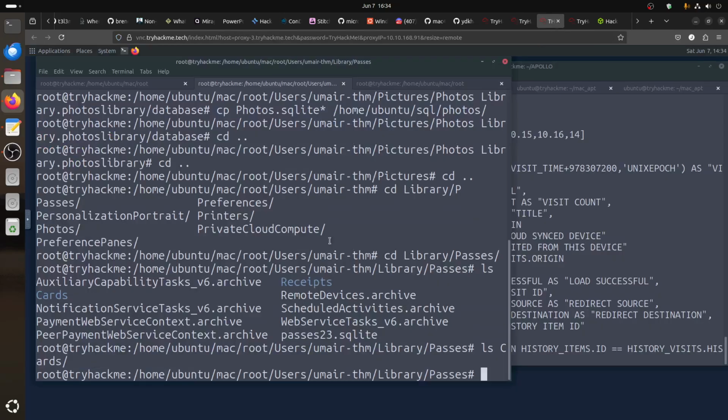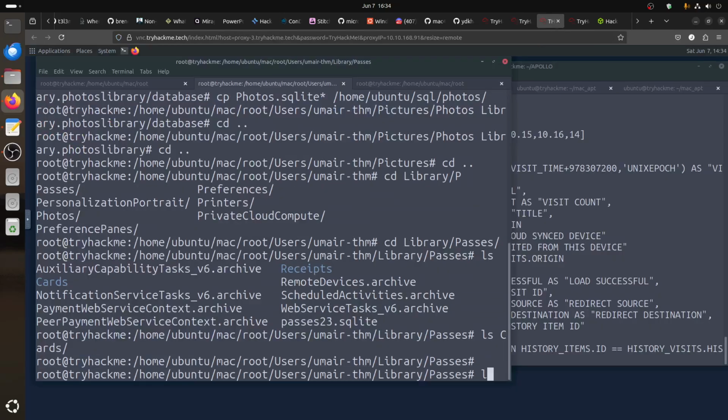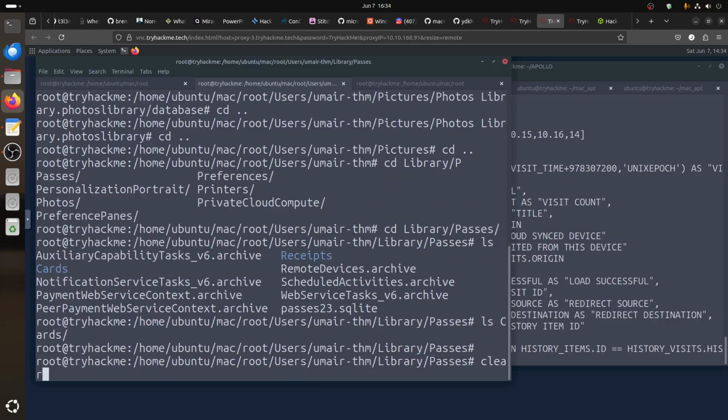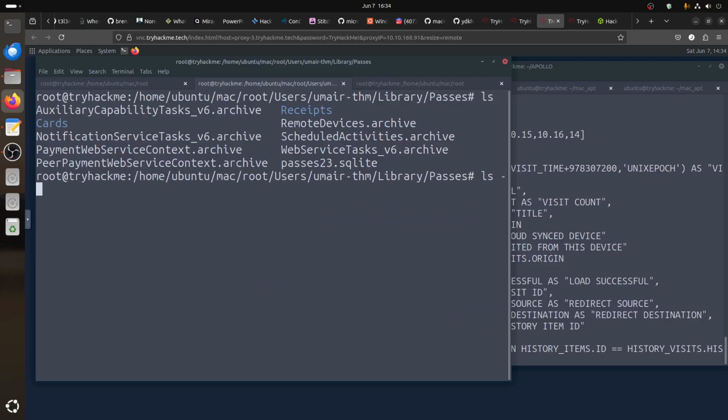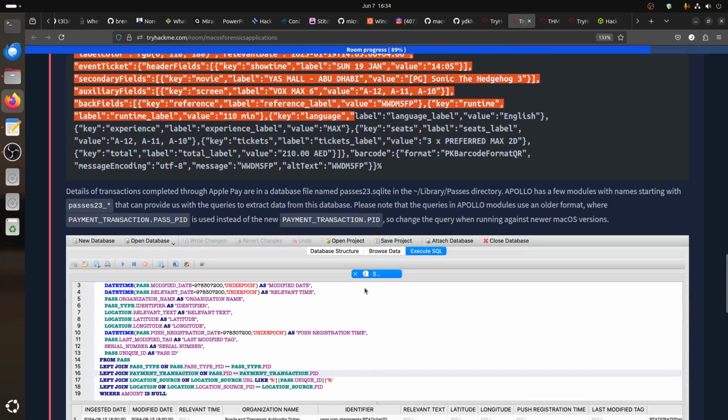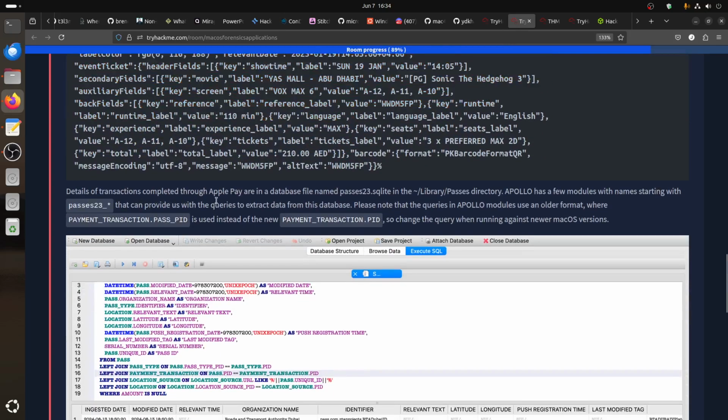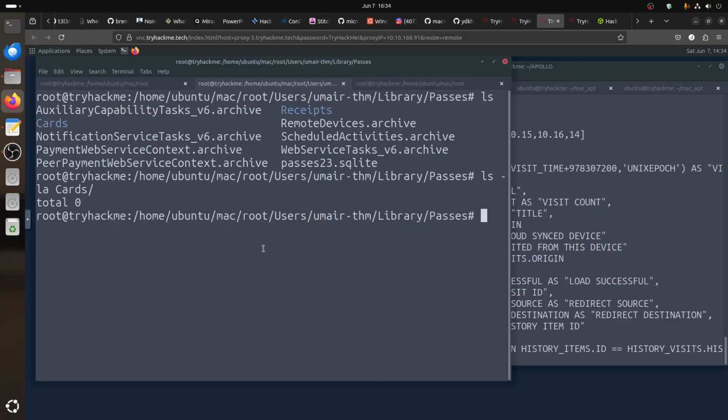Let's make sure I'm not mistaken. Let's see. Clear. ls -la cards. Total is no cards in this room. Okay, so this one is there. Details of transactions completed through Apple Pay are in a database file named pass23.sqlite in passes. So